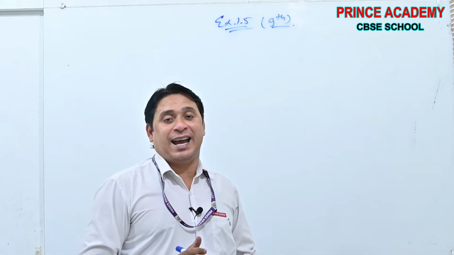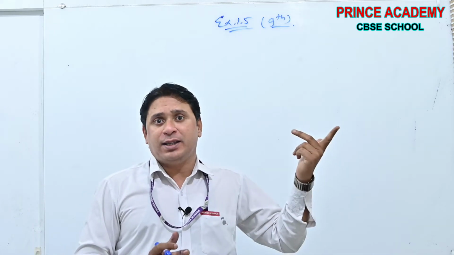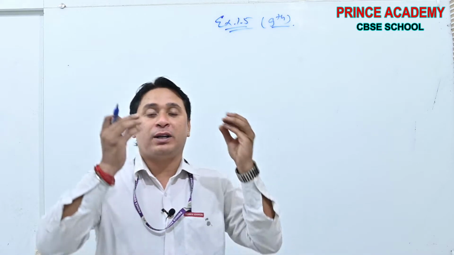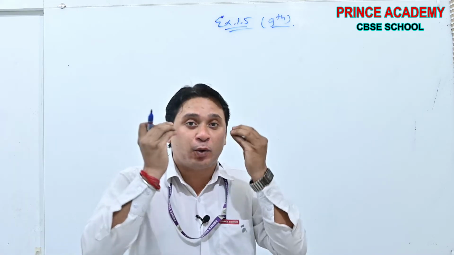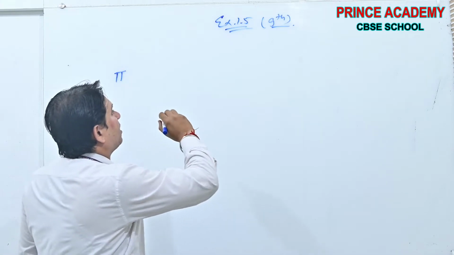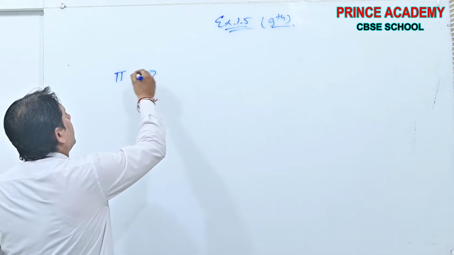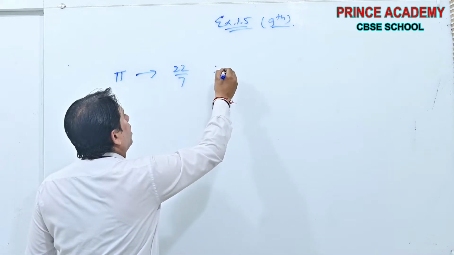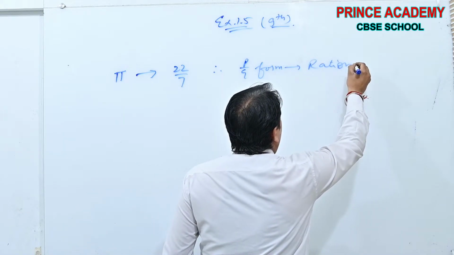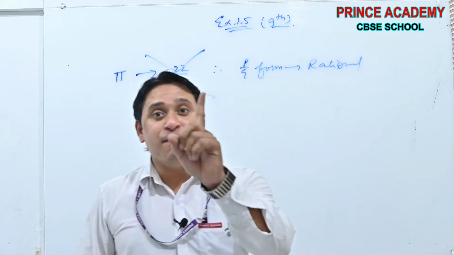He had learned that pi is irrational. 2-3 times I told in the class. Still, I don't know what came to his mind during the examination. It was a question, what is pi? Rational, irrational, integer and so on, whatever were the options given. He said pi is 22/7. Therefore, p by q form. Therefore, it is rational. He wrote this beta and this is wrong. This is wrong. 1 mark question.